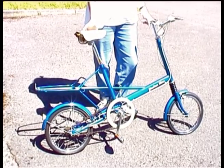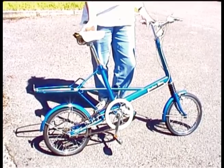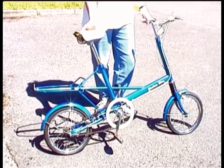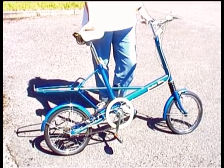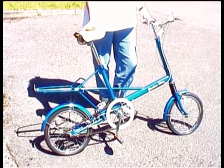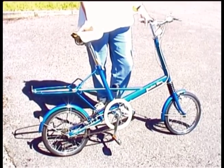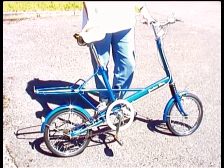These machines stayed in one form or another in production for quite a number of years. When Raleigh took over, they produced this one. This is the Minx, a 3-speed version with adult fittings, which will suit an adult up to about 5'8" in height. The original 7/8 scale Moultons came out in the mid-60s, about 1965, 1966, but they carried on in production until 1974 when Raleigh stopped making them, although a lot of the later machines didn't have front suspension and were